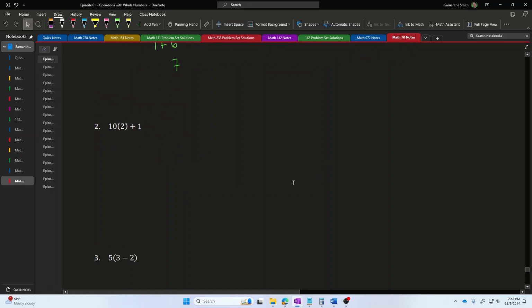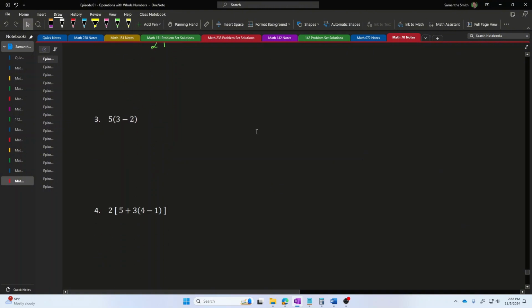All right, what about this one? So here I have 10 times 2 plus 1. PEMDAS says that if you have multiplication and addition, you want to make sure to do all your multiplication first. So the first thing that I'm going to do is 10 times 2. And once I've found the result of that, the result being 20, I'm going to add 1 to that result. Result, 21 units.